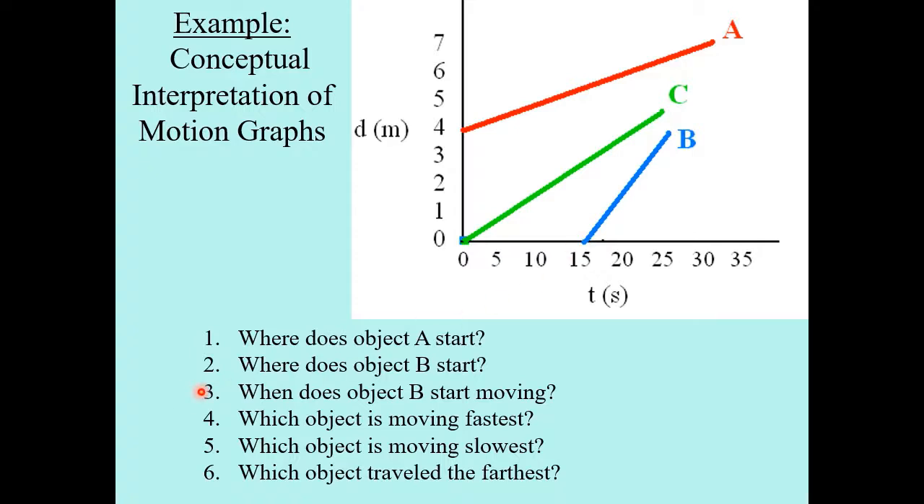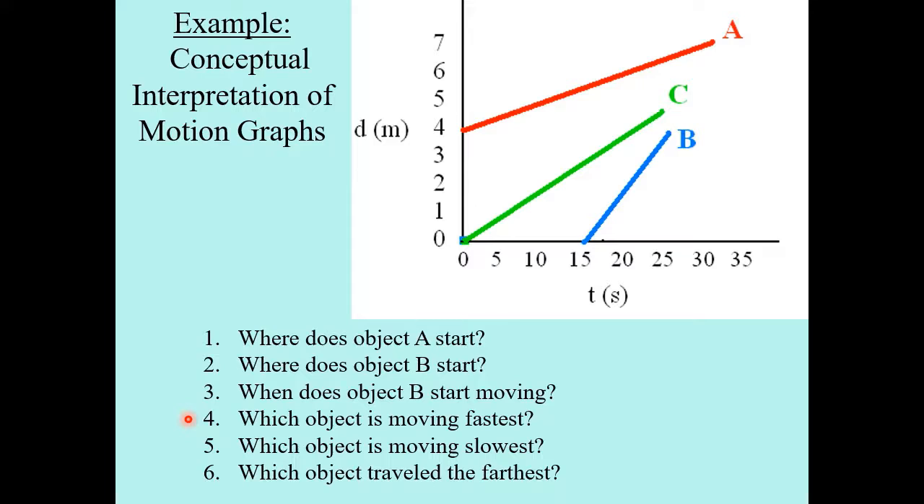Number 3, when does object B start moving? Well, that is right here, and now we're going to read down here on the time axis. Object B starts moving at 15 seconds. So what does that mean? Well, that means that if the clock starts here at 0, object B just waits 15 seconds and then starts moving. Question number 4, which object is moving